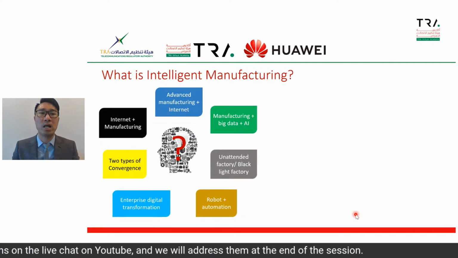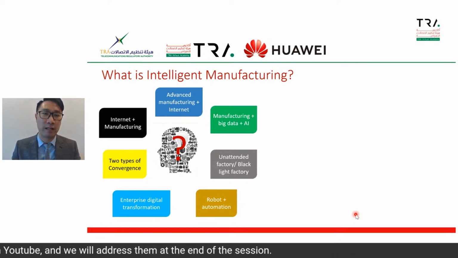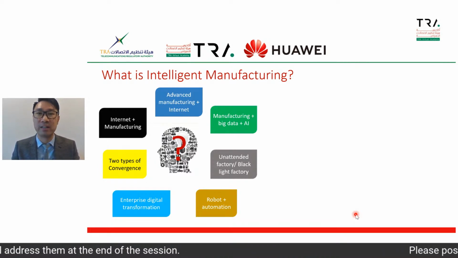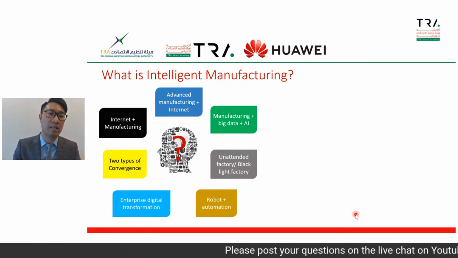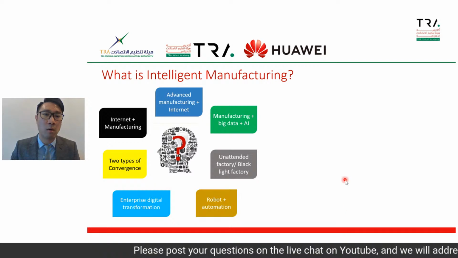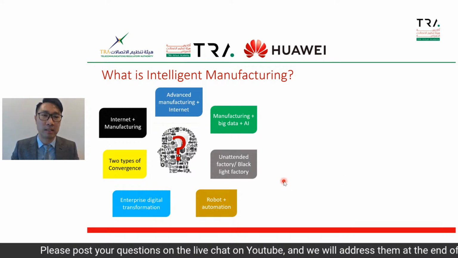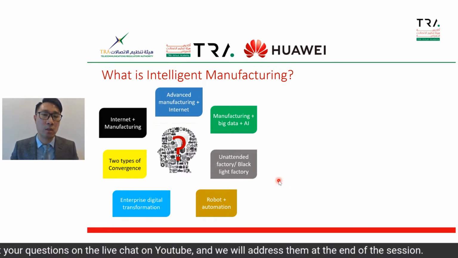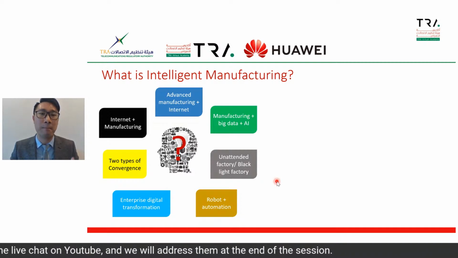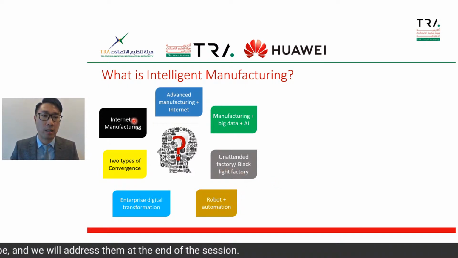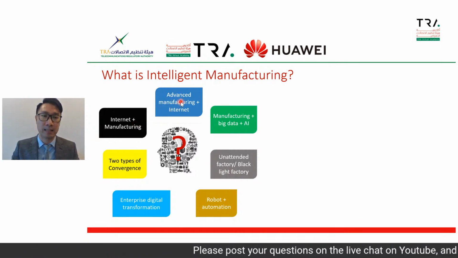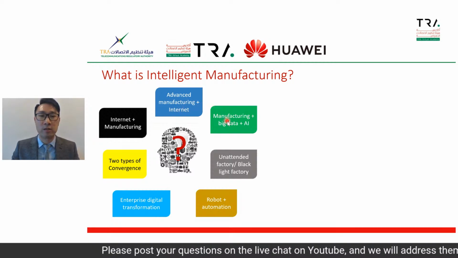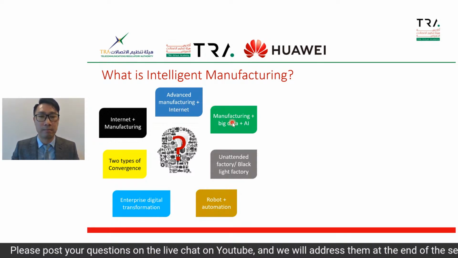So maybe when you heard the term intelligent manufacturing, a lot of different terms will come up. Some you will call smart manufacturing, some internet manufacturing. Basically they are all referring to the same thing: using the new ICT technology in manufacturing. Here we have all the common terms, for example, advanced manufacturing plus internet, manufacturing plus big data plus AI,